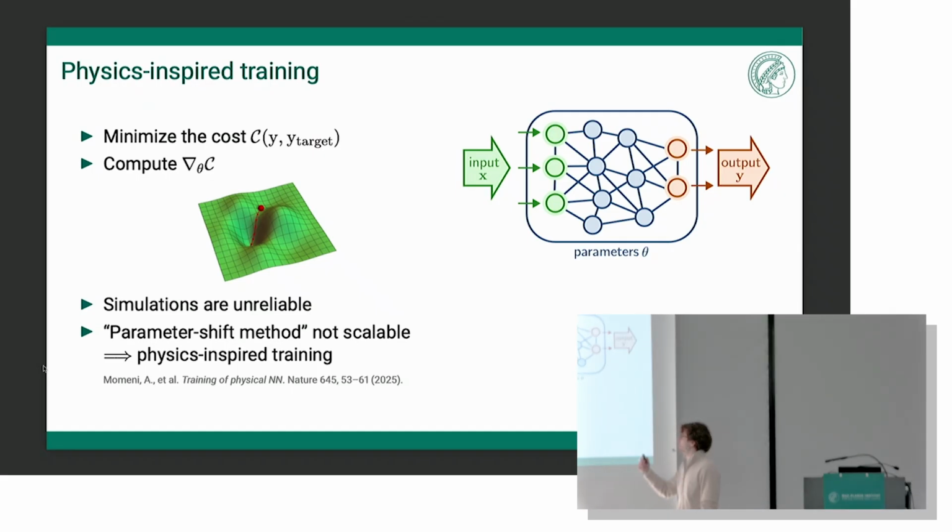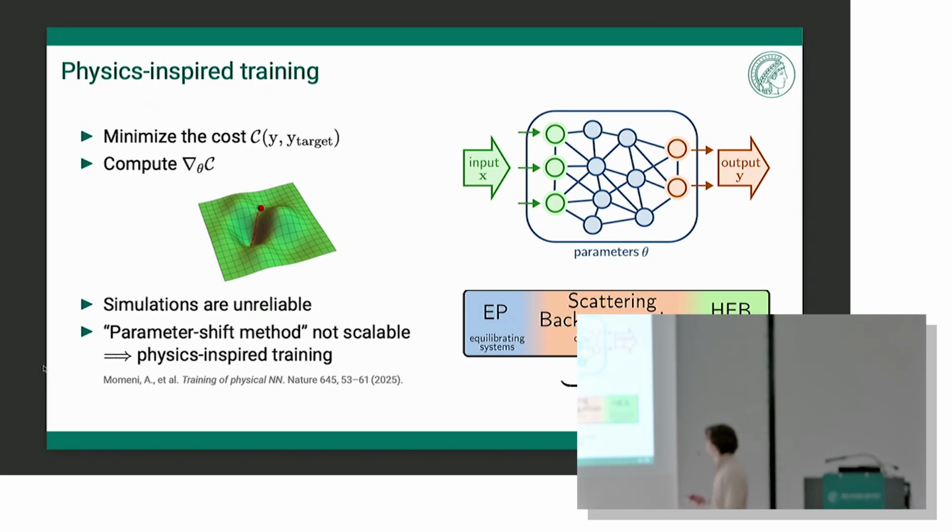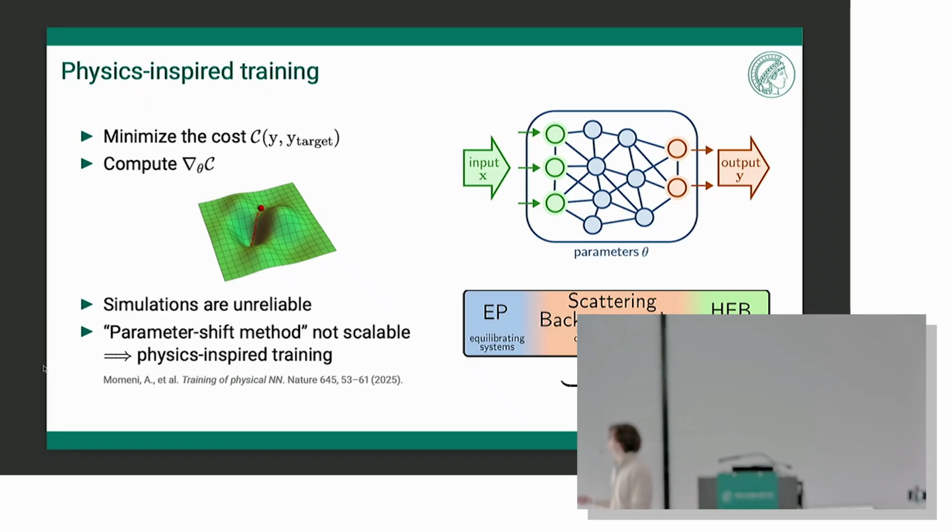And yeah, the most naive method you could do is just do parameter shift, of course, but this scales poorly with the number of parameters, and that's why there are very good state-of-the-art alternatives. There is equilibrium propagation, by Scellier and Bengio, that works for energy-based models. On the other hand, if you have a lossless system and you also have a time reversal operation, Florian and Victor proposed Hamiltonian echo backprop. And what we were trying to do with this work was to focus on an intermediate case, which is kind of common. Let's say you have a system which is both driven and dissipating, and how would you find an efficient way to get the gradients out of it?